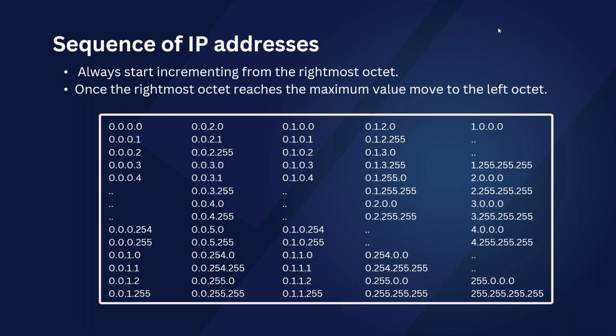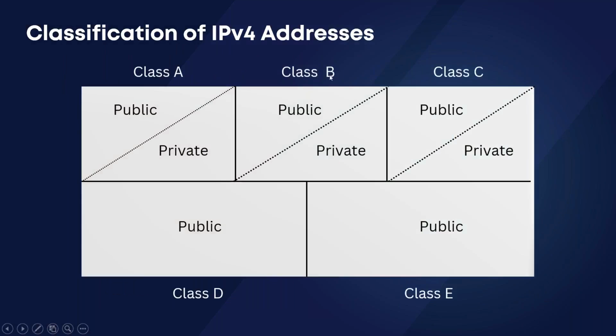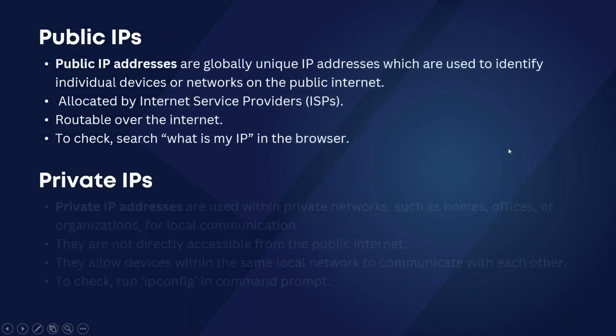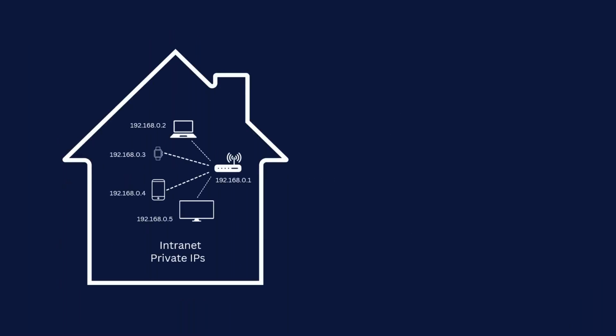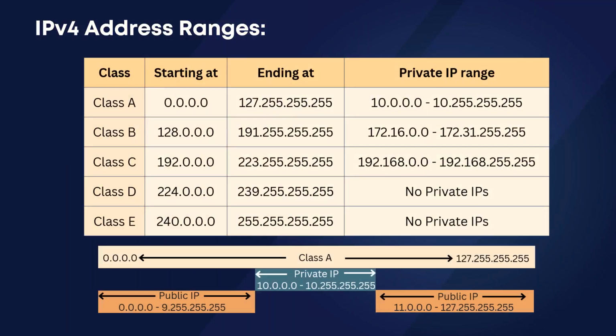Right, perfect. So as mentioned again, these 4.3 billion IPs are divided into multiple categories. There's something called classes: class A, B, C, D, and E. And then each class has something called public and private IPs. So we'll talk about all these categorizations in the next session. What are public IPs? What are private IPs? Where do you use these classes? What are the ranges of these classes? And what are the ranges of public and private IPs in each class?